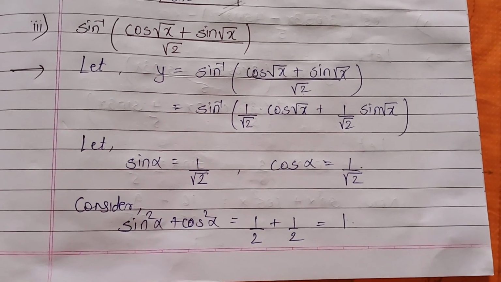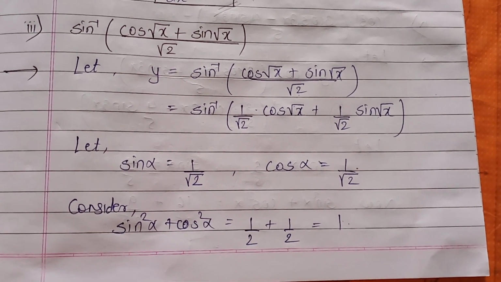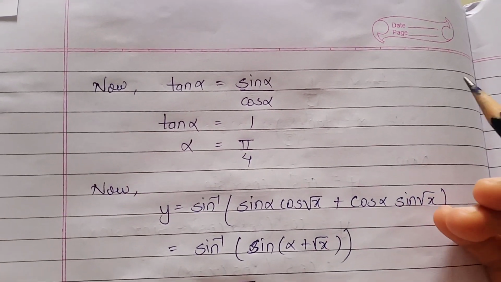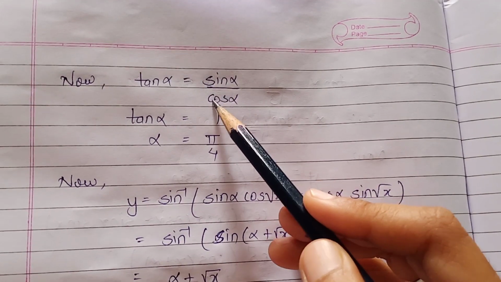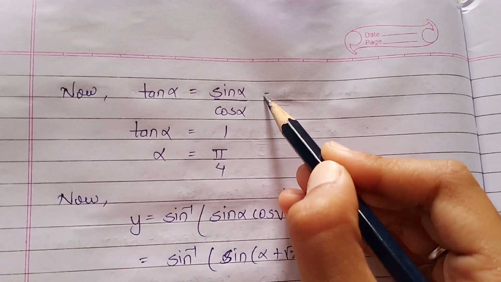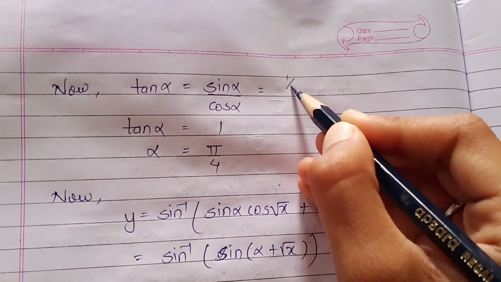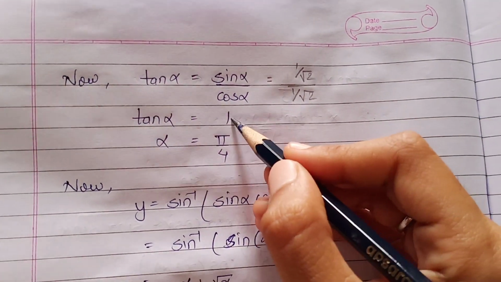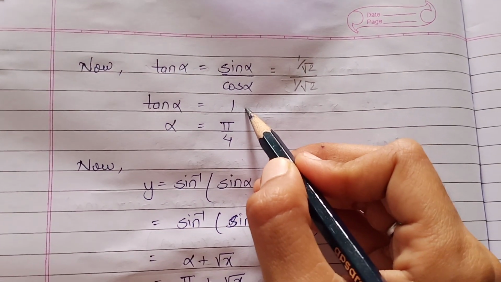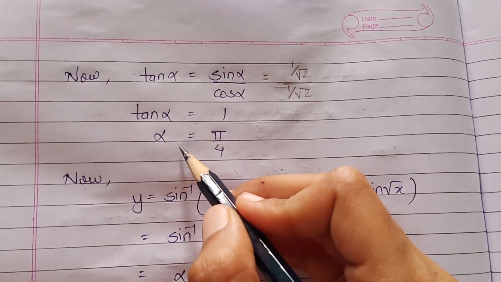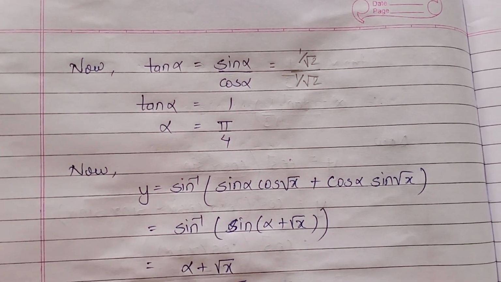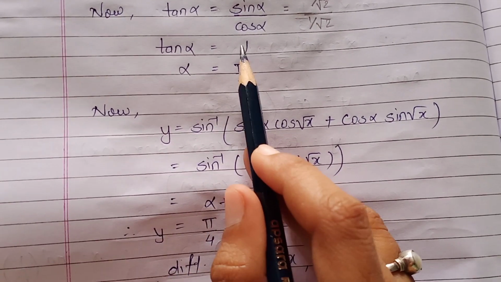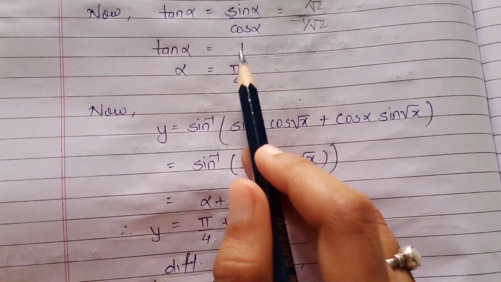Now we have to find tan alpha, because we are going to need alpha in the next steps. So tan alpha is equal to sine alpha upon cos alpha. Sine alpha was 1 upon root 2 and cos alpha 1 upon root 2. So after cancelling them, we'll get 1. So which value of alpha gives tan alpha as 1? Everyone knows that for pi by 4 the tan value is 1. So alpha we got as pi by 4. No need to take tan inverse and all. Directly we know the value of alpha when tan alpha is 1.